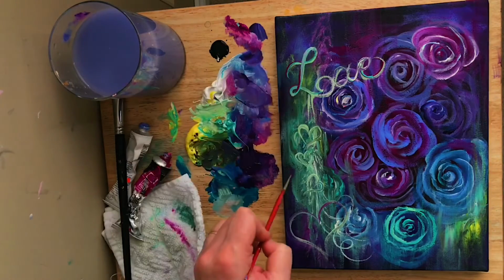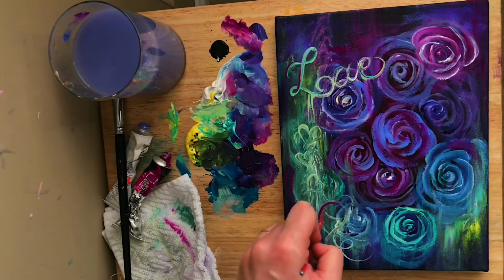So as I just add the finishing touches, little highlights and shadows and little bits of color here and there,